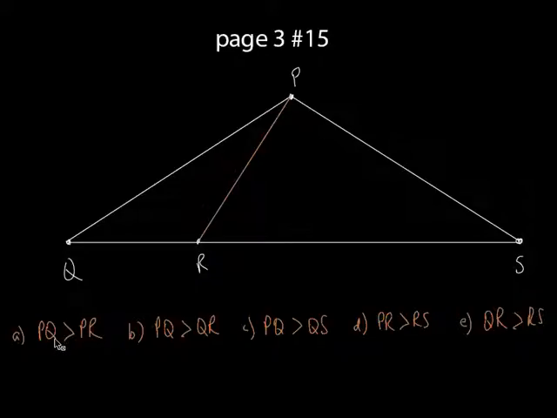So let's see, PQ, which is this white one right here, and PR, which is this orange one right here. I want to find, does this one have to be bigger than this one all the time? Well, let's take a look at PR. Let's see what I can do to this. I'm going to try to pivot it right here. Put a dot right there and watch. Now I can pivot it like this. Now if I took R and I scooted it closer to Q,